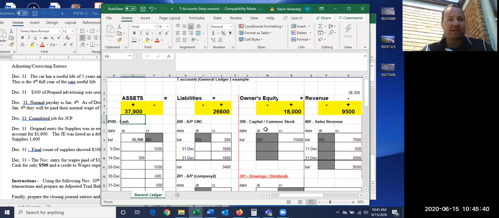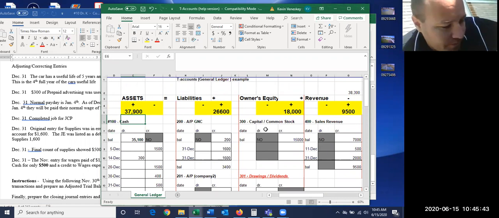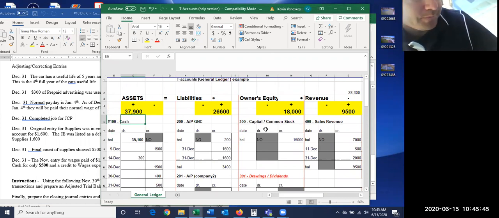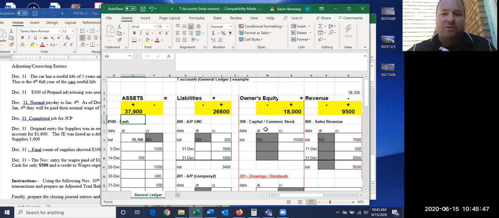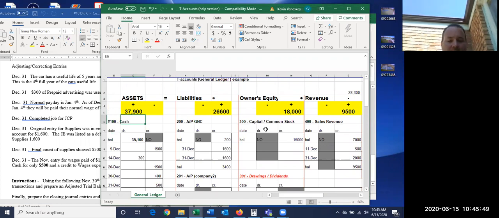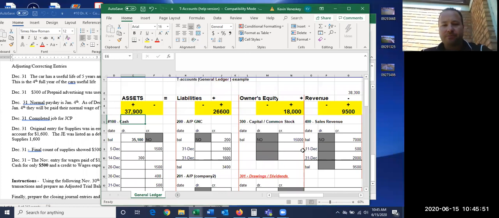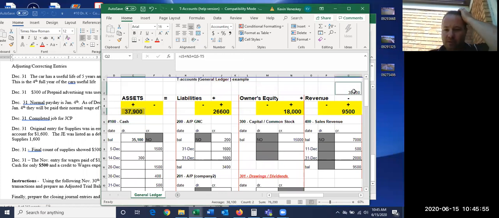And this would be a good thing to actually just go through whenever you are off. First thing I like to do is to see what the difference is. Difference here is $400, and then I like to cut that and look for a $400 entry that I would